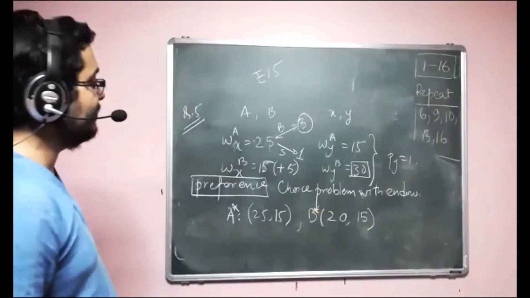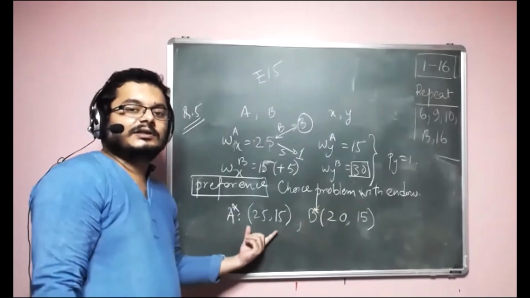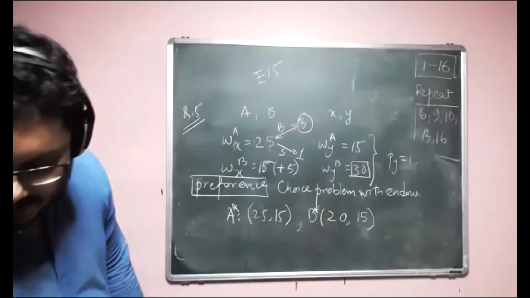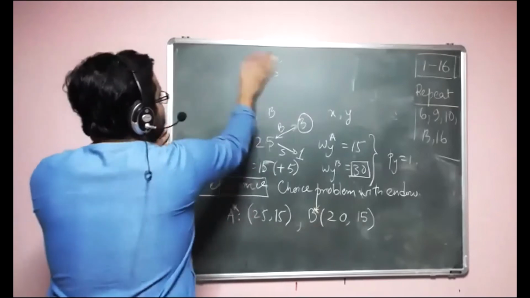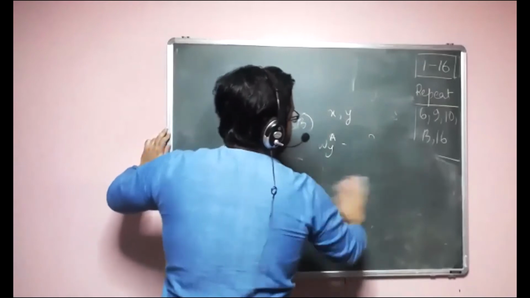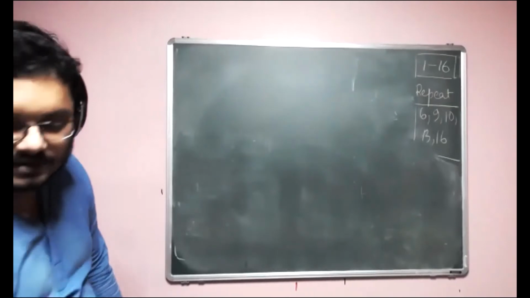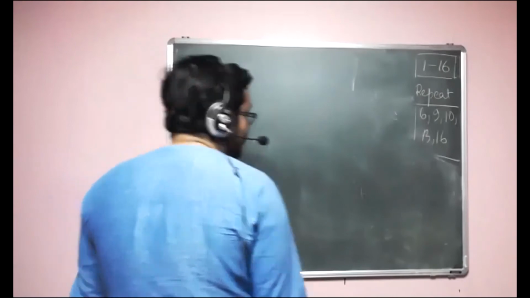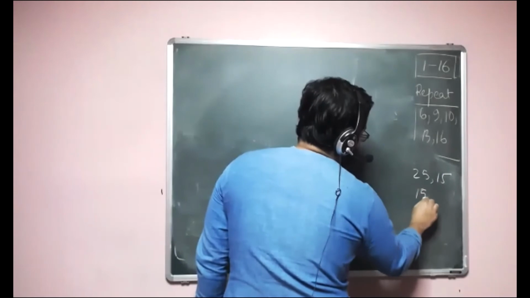Our job is to find whether, given their budget line, the same indifference map can show these two as optimal or not. Okay. So let's try that. For that, we need to draw the budget line. In order to draw the budget line, we need to have the endowment written on the side, because otherwise it will be quite a difficult issue. Okay. So 25, 15, 15 and 30.